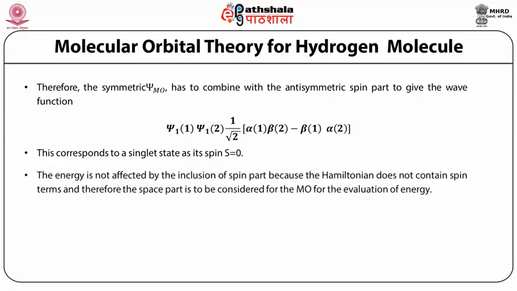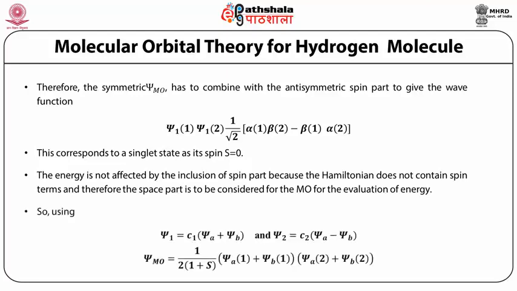The energy is not affected by the inclusion of the spin part because the Hamiltonian does not contain spin terms, and therefore the space part is to be considered for the MO for evaluation of energy. So using psi 1 is equal to C1 psi A plus psi B, psi 2 is equal to C2 psi A minus psi B, writing psi MO is equal to 1 upon 2(1 plus S) psi A1 plus psi B1, psi A2 plus psi B2,